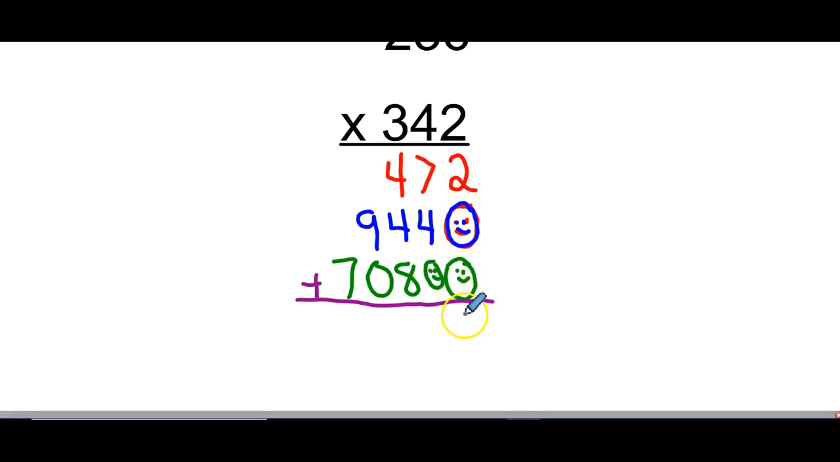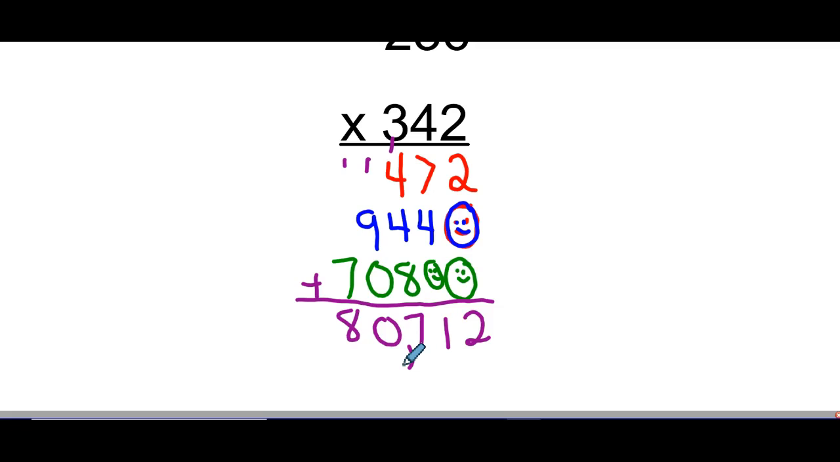2 plus 0 and 0 is 2. 7 plus 4 plus 0 is 11. 1 plus 4 plus 4 plus 8 is 12, 13, 14, 15, 16, 17. 9 plus 1 is 10. And 8 there. So we have